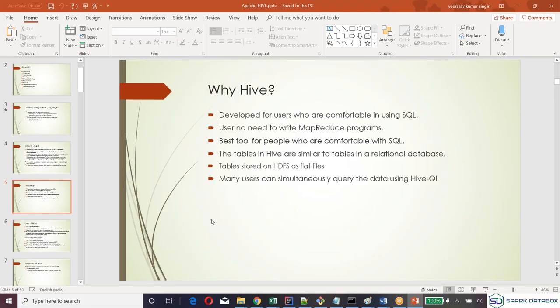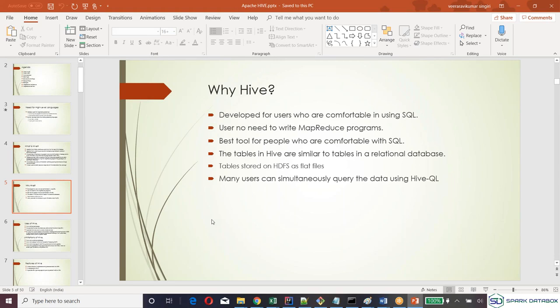In relational databases and in HDFS, the data is stored as flat files, right? In a relational database, it stores bits and bytes in flat files. So what is the difference? Why are we going with Hive? There is a huge difference. We discussed it in the initial sessions. RDBMS is a sequential process, Hadoop is a parallel process. Hadoop has fault tolerance, which is not there in RDBMS systems.